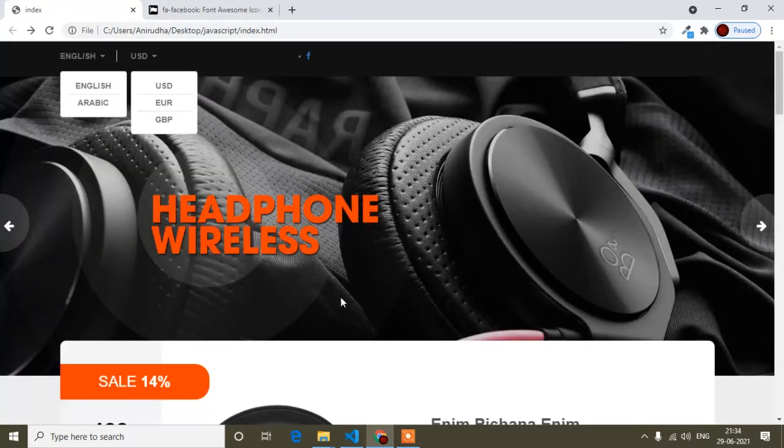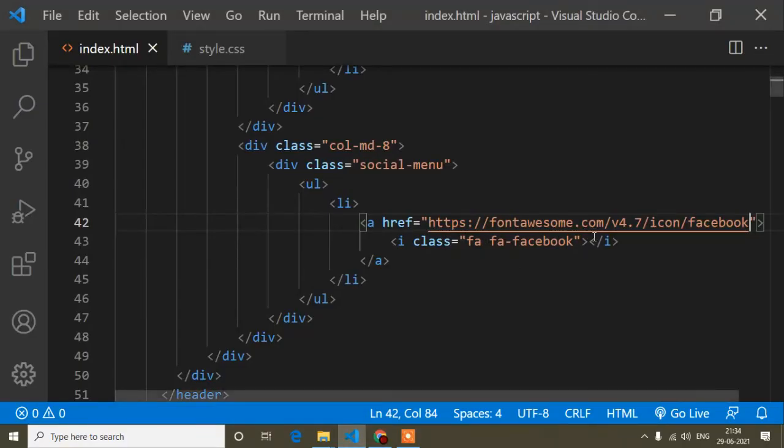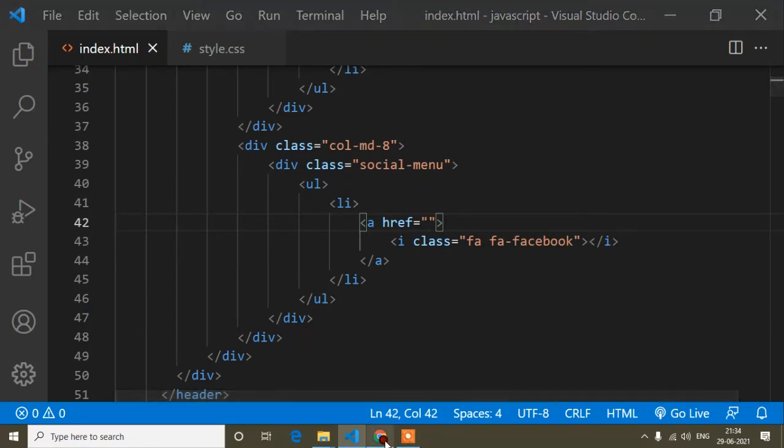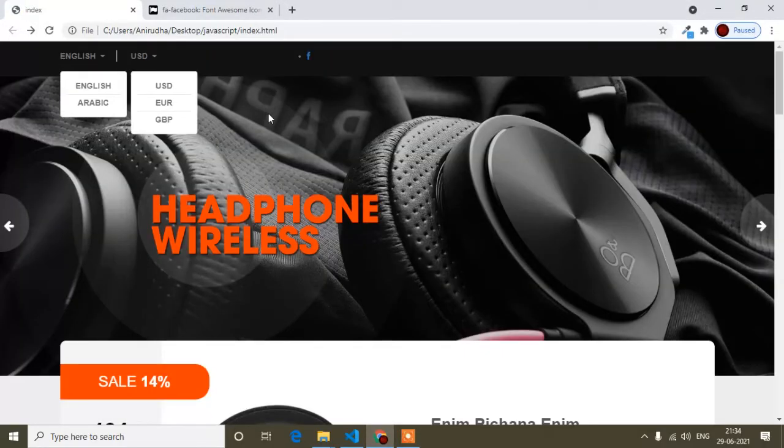You can provide the Facebook account link here instead, but here I will not add any Facebook account link. I will not keep it blank either, because if I keep it blank and click here, you can see it's reloading, landing on the same page.